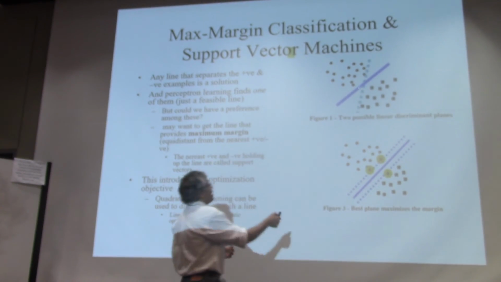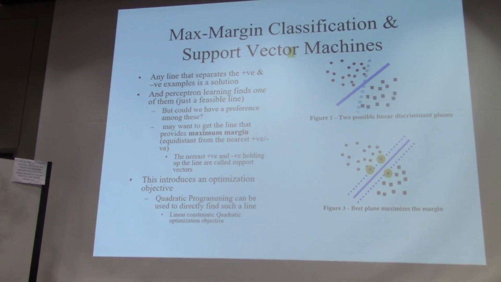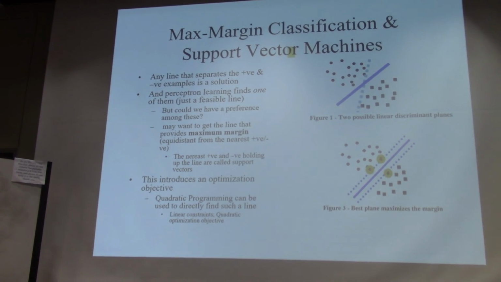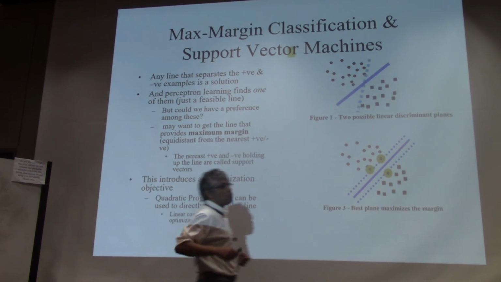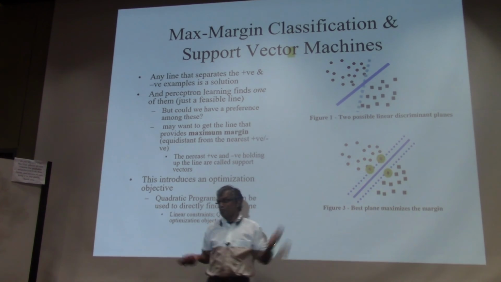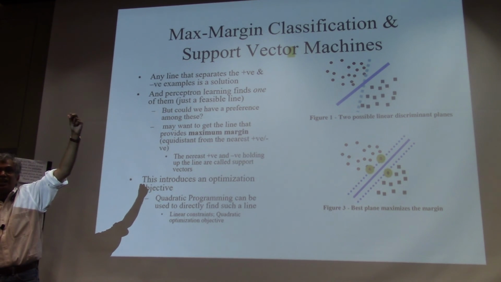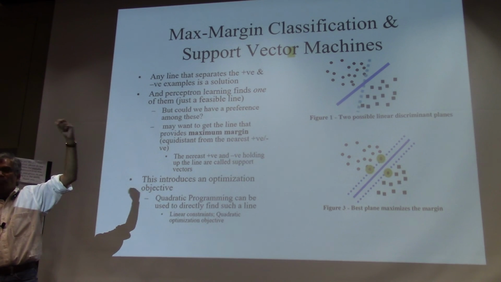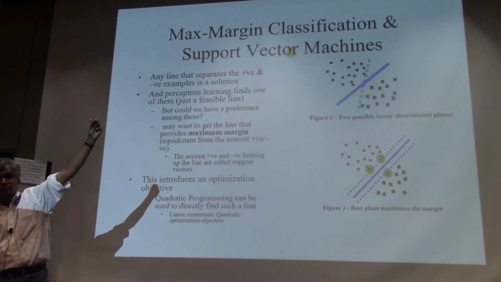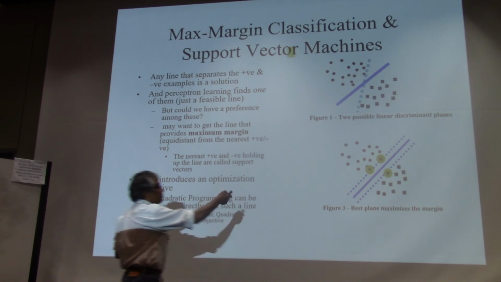Okay, so it turns out that you are looking for max margin lines. Not any line, but a max margin line, the line that is maximally far away from the two clusters. Now the question is, given the two clusters, how do you figure out what the margin is? For any given line, you can talk about the closest points from each of these convex hulls to this line. Points are also called vectors. In some sense, those two points are holding up this line. They are support points, so they are called support vectors. You see where I am going with this? So for any given line, you're finding the two points, the negative point